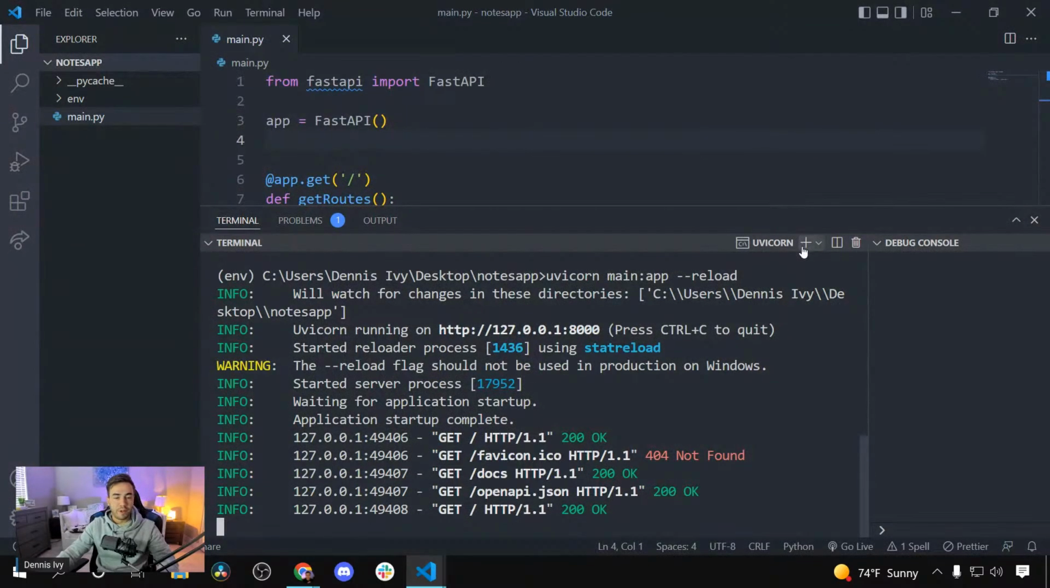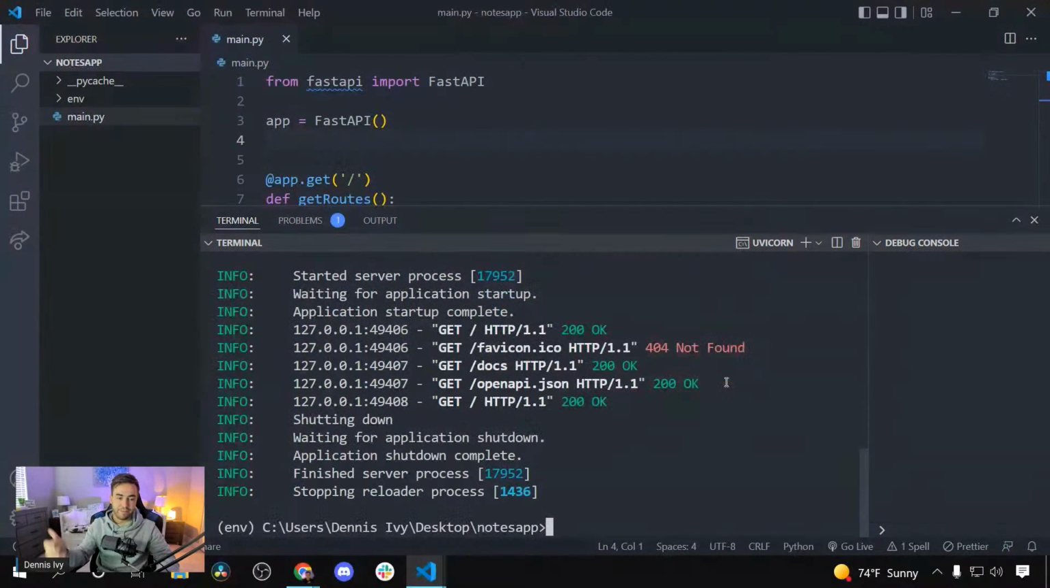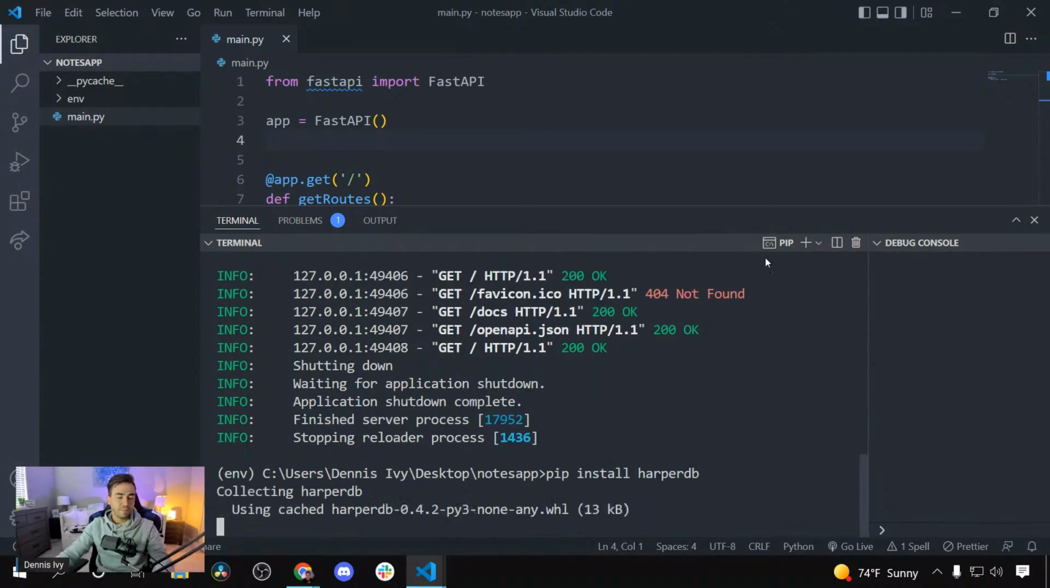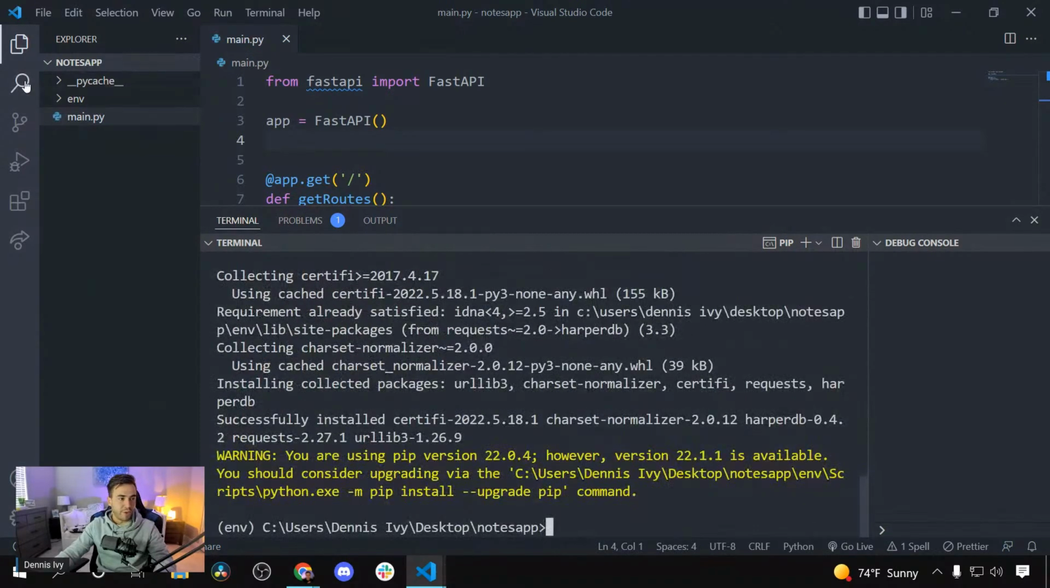So we'll go in here. Let's go ahead and call pip install HarperDB, and this is going to install it. And what I'm going to do here is just run pip freeze, to make sure we see all our dependencies. So pip freeze, and then